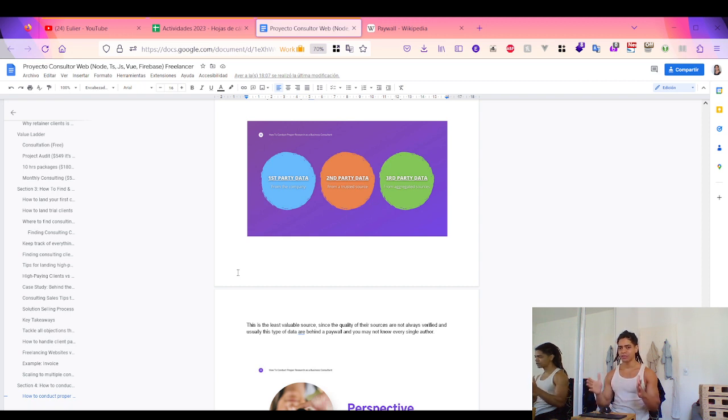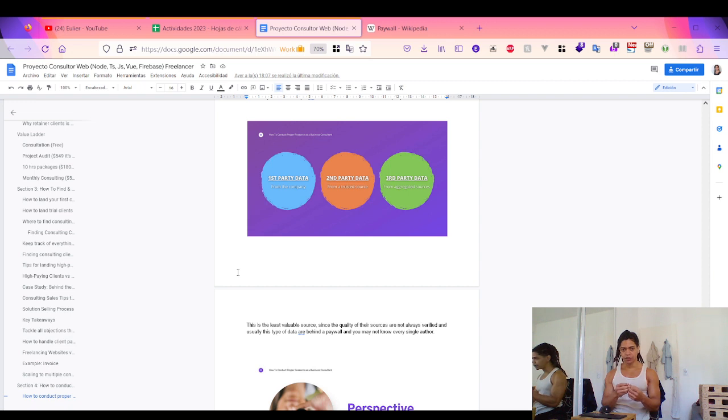So again, the context here is when conducting research for a consulting project, there are several types of data from the most valuable to least valuable, and that is data that comes from the company. It is usually data that they have collected, and they make you sign an NDA because this is highly confidential data.